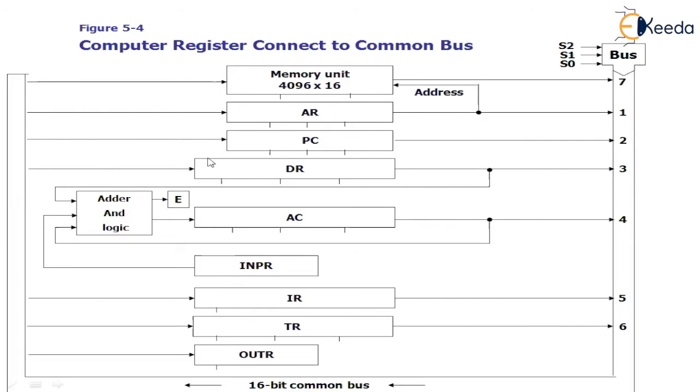At the same time, as it is under progress, the program counter should also be incremented, because the moment the current instruction gets transferred to the instruction register, the program counter is no longer going to hold the current instruction's address. Rather, it is going to update to the next instruction's address. For that, the input line, that is increment, needs to be enabled at the program counter. So the control unit is going to enable each and every register or memory location.